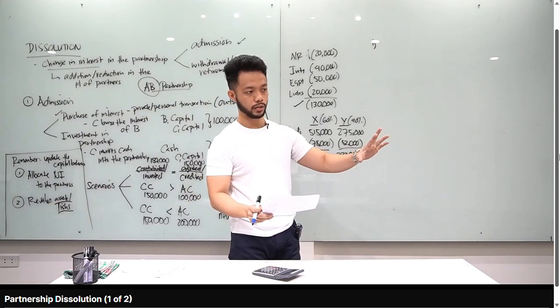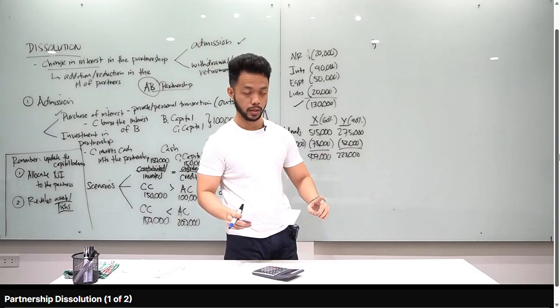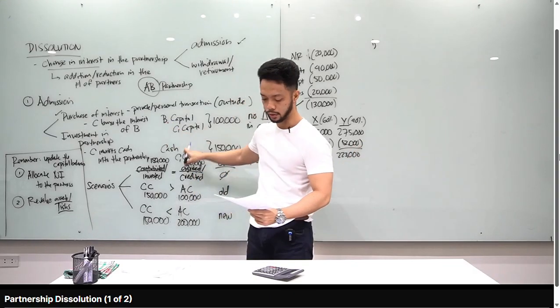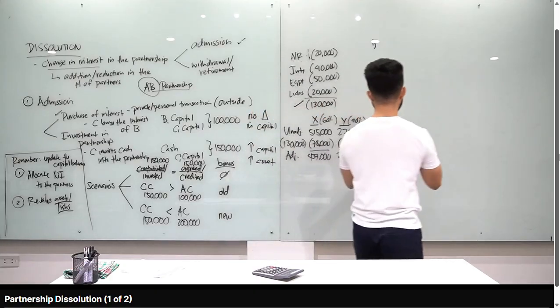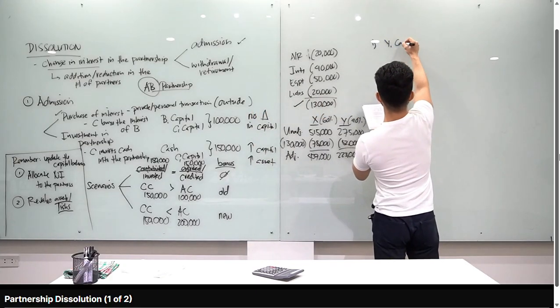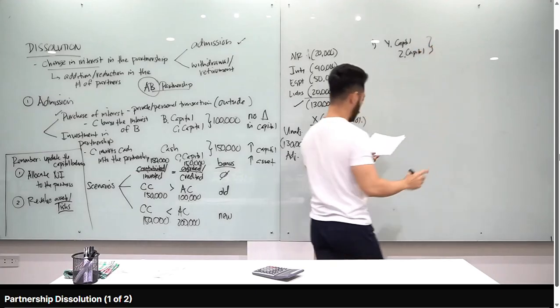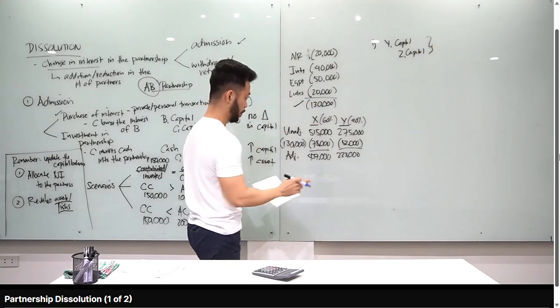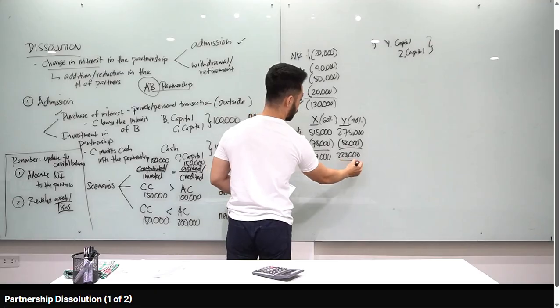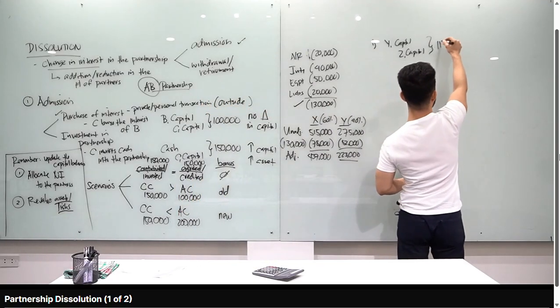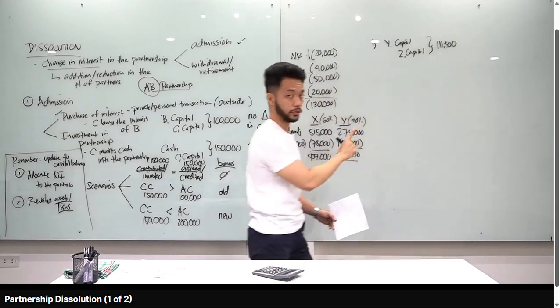That 800,000 is irrelevant from the point of view of the partnership. What is relevant is that we have a transfer of capital from one partner to another. So if you journalize that, debit Y capital, credit Z capital, how much? 50%, half, was bought, right? What is half of 223,000? 223,000 times 0.5 is 111,500. This is the only journal entry in the books of the partnership.